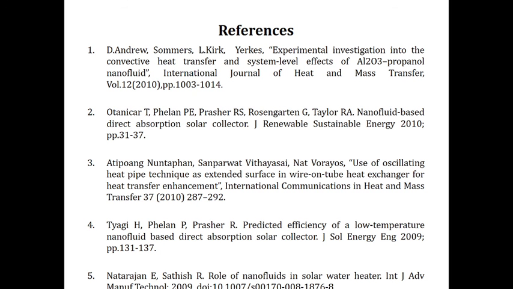So these are some standard procedures, like the reference format also. The author names, then title, followed by the journal name, then volume, issue, page number. If you have the DOI number you can add it, or otherwise you can leave it. Like that you need to prepare the presentation. It should be very attractive so you can easily get the marks.